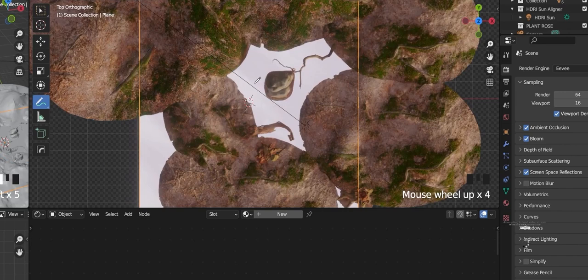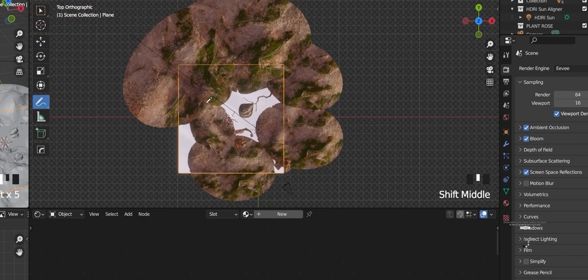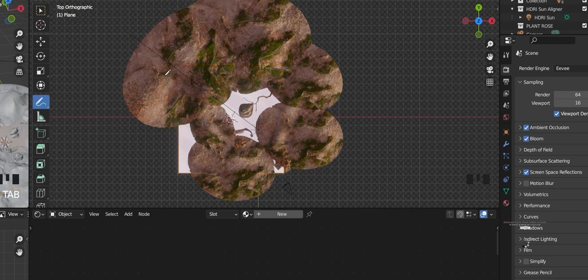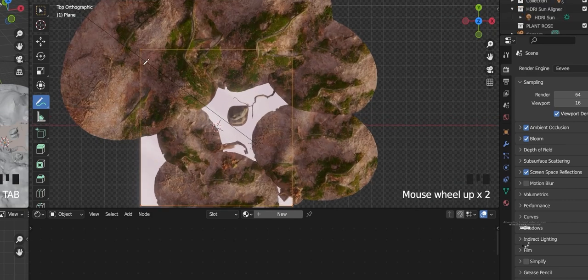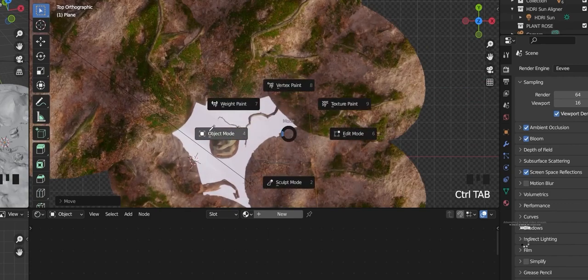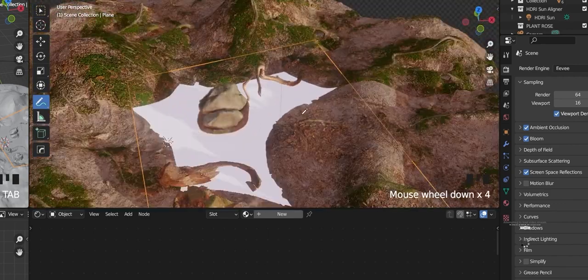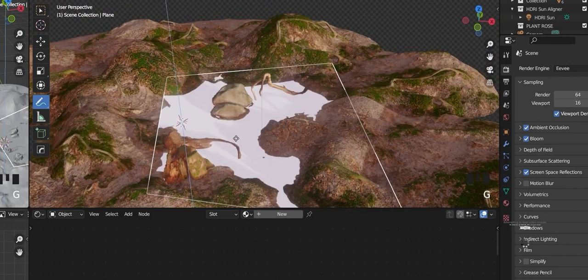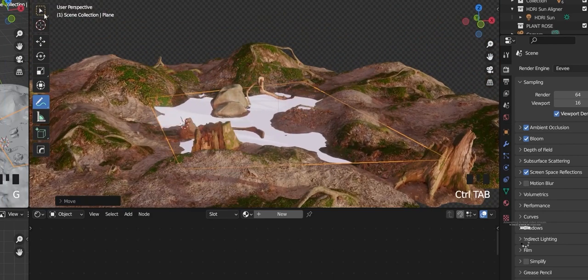So how can we do that? Press Tab to go into edit mode, and make sure you have selected the vertex selection, and go into X-ray, Alt Z, the shortcut key, and then press G and G. It is good here. So if we make it up, it may look better than it does now,